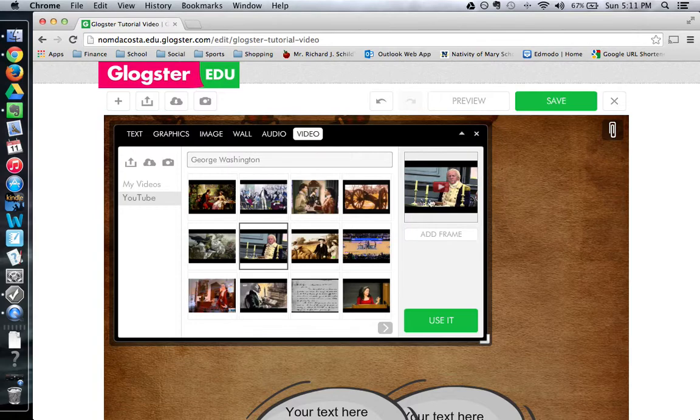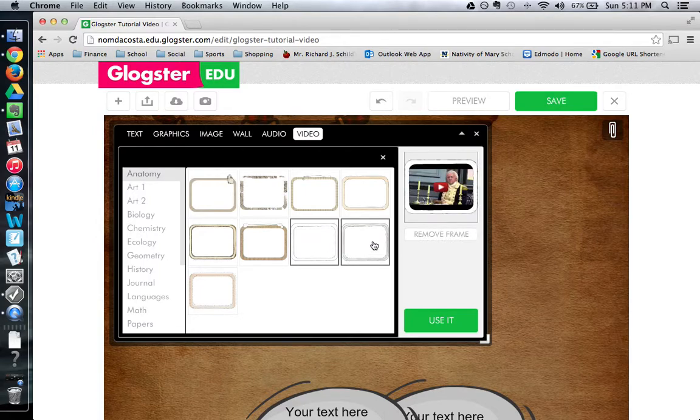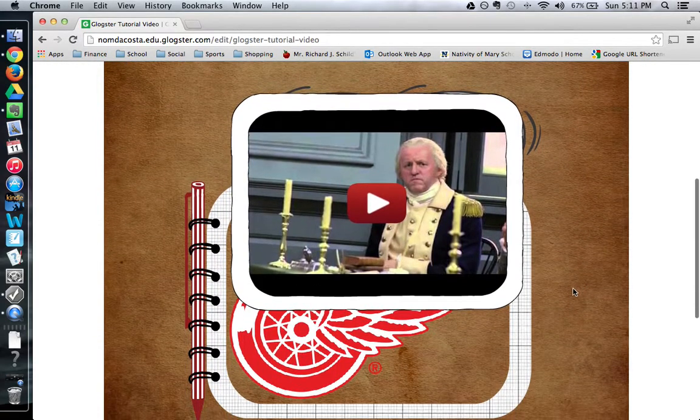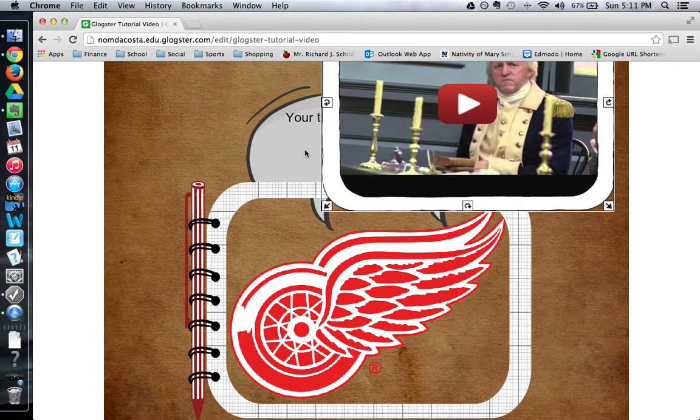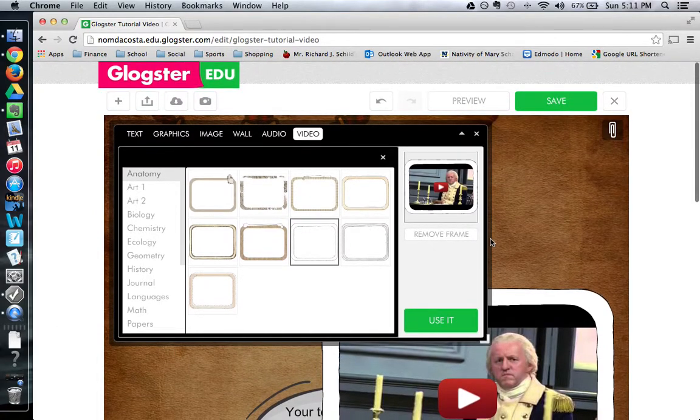So, once you have viewed the whole entire video and you still want to add it into your glog, you can. You can click use it. You can add a frame to, again, make it fit the theme and style of your glog. So I like this one, so I'm going to click use it. And there's George Washington right next to the Detroit Red Wing emblem. Lovely. So when you are ready to save, you're going to click the green save button up here,